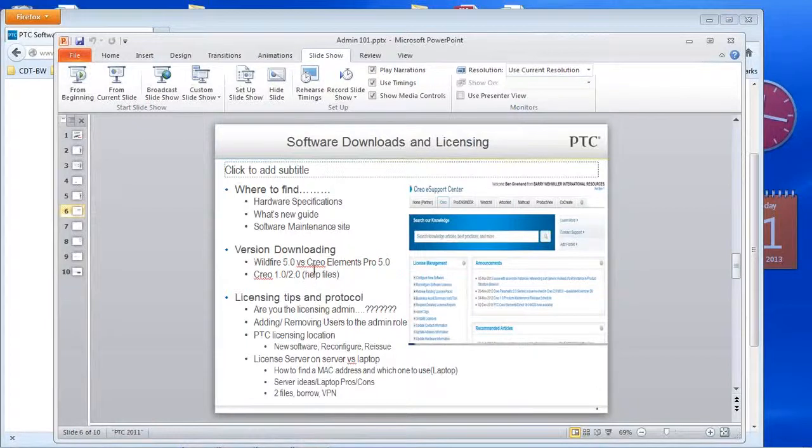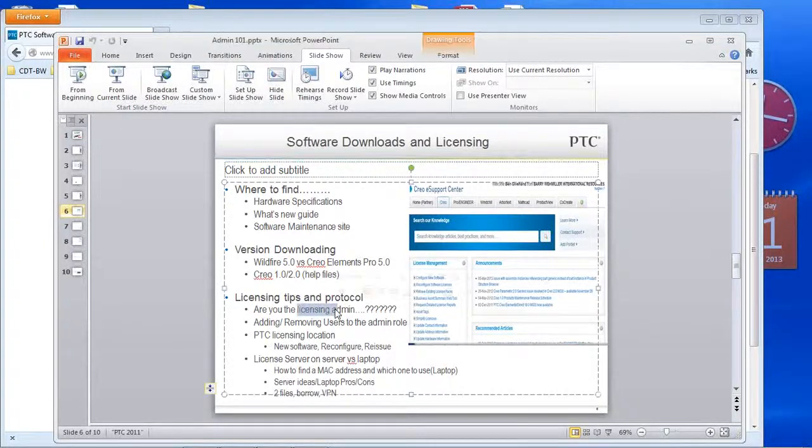Versioning, essentially downloads in general, and then also licensing. One of the key things that I find is that if I walk into a customer and they've had Pro-E for a long time, and they had an admin, and now they have a new admin, they want to do all this stuff, but they are not, whether it's the licensing admin, which you see right here, or essentially an admin of their company